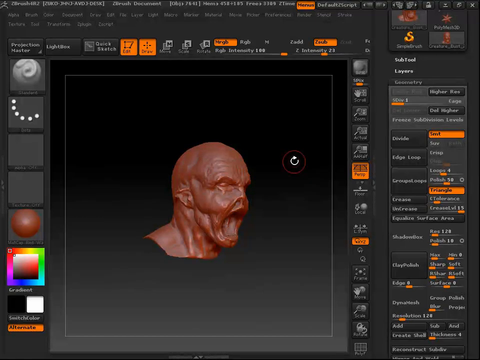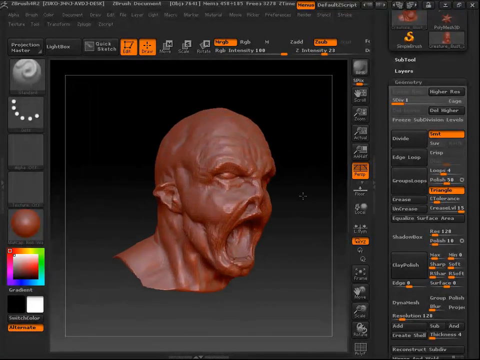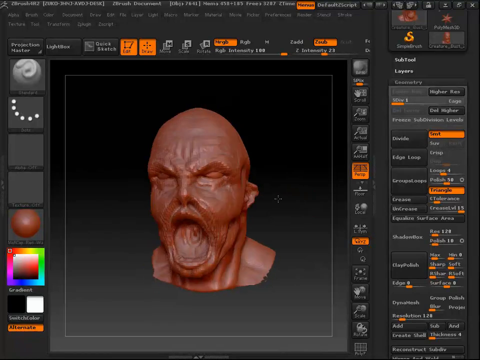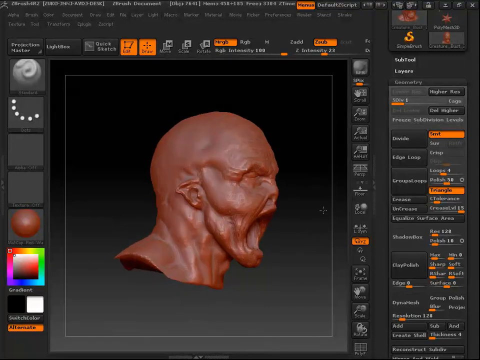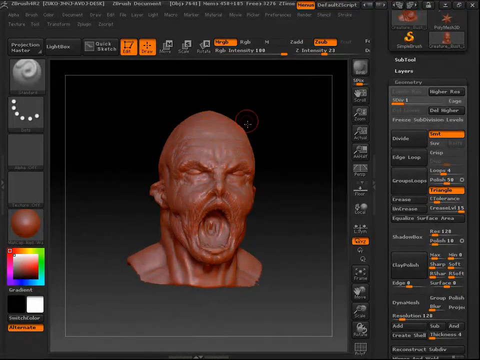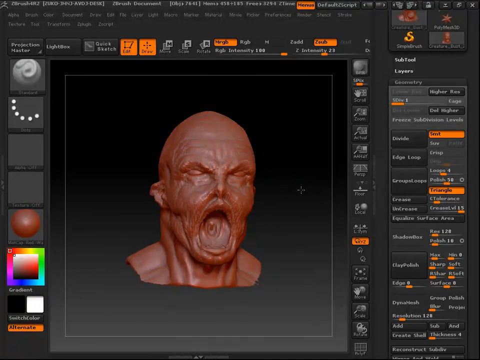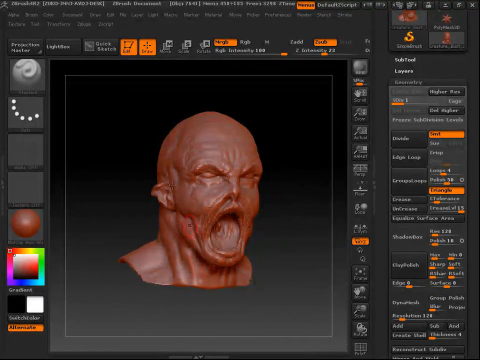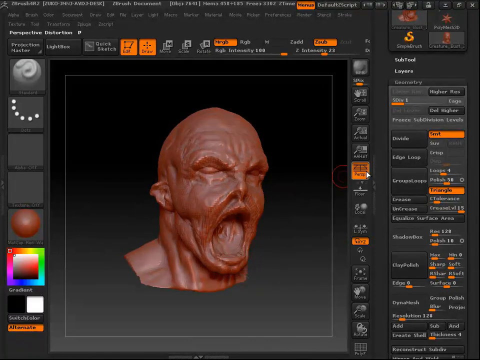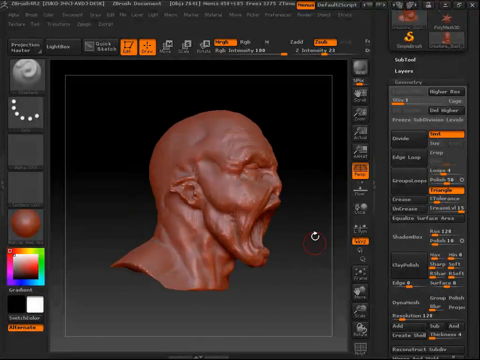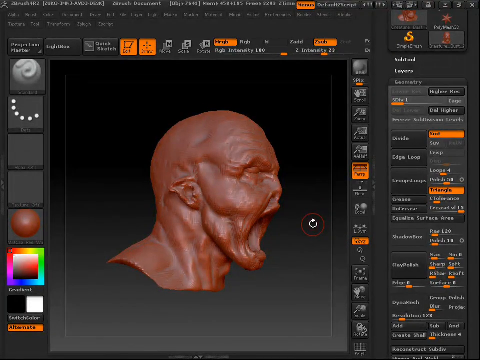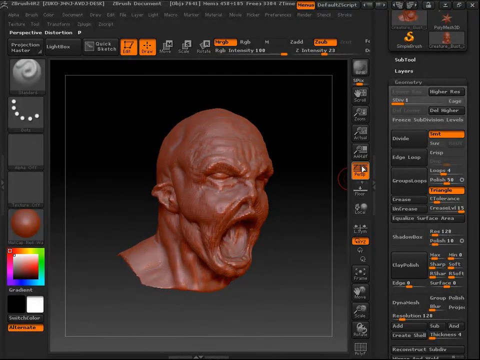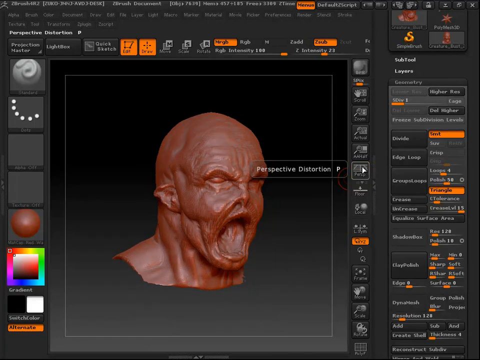In one of those, you're going to have perspective distortion from your camera, and this just allows you to get a more accurate view of what it's going to look like, because if you have this off the whole time and you're sculpting, and then you export this, it's probably not going to look as close to this in your other application. And that's going to depend more on the settings in your other application. You can always change perspective distortion in your camera settings in another application, but this is going to give you an idea of what it's going to look like. So anyway,